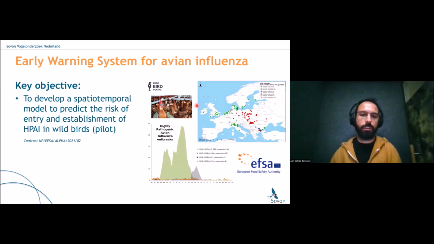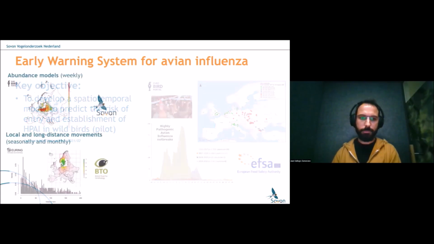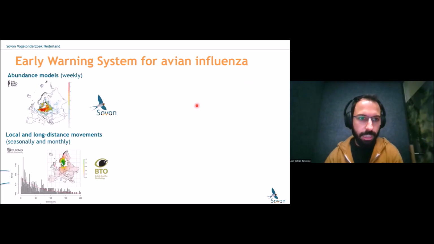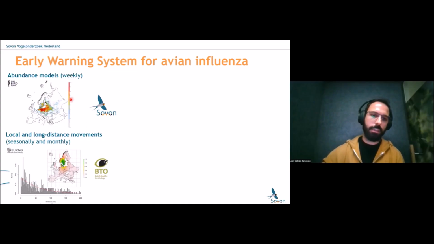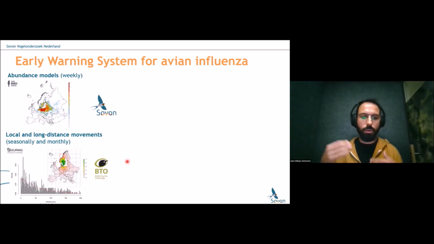And if they get in contact with these poultry farms, as I said, then they can cause a lot of damage. So they developed a call and a project to try to create this early warning system for avian influenza. Basically, this early warning system consisted of creating abundance models at the weekly scale for certain species that possess quite a big risk of having the influenza, together with local and long distance movements that we know